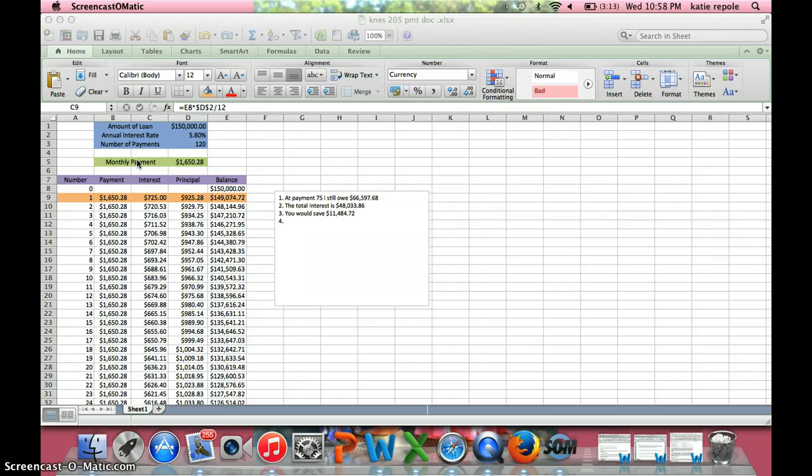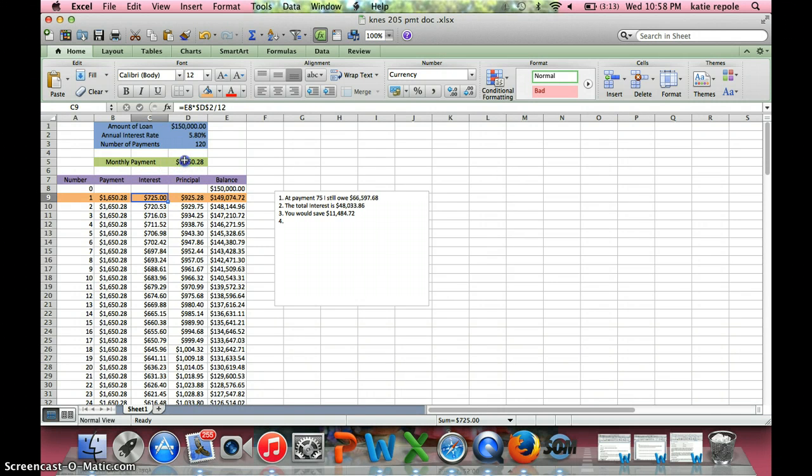In order to calculate the monthly payments, you're going to have to use the PMT equation. So if I click up here, you can see that I use the PMT equation. And in the PMT equation, you're going to first use the rate, which is D2 right here. That's 5.8%. Then you're going to divide that by 12 because it's an annual rate. There's 12 months in a year. Then next, you're going to enter